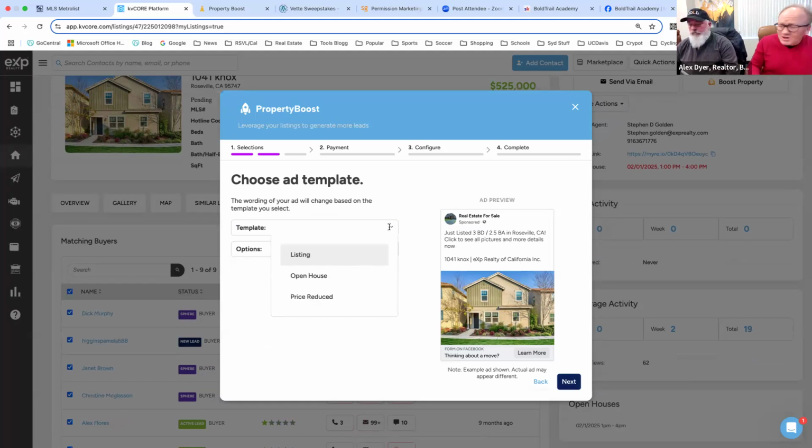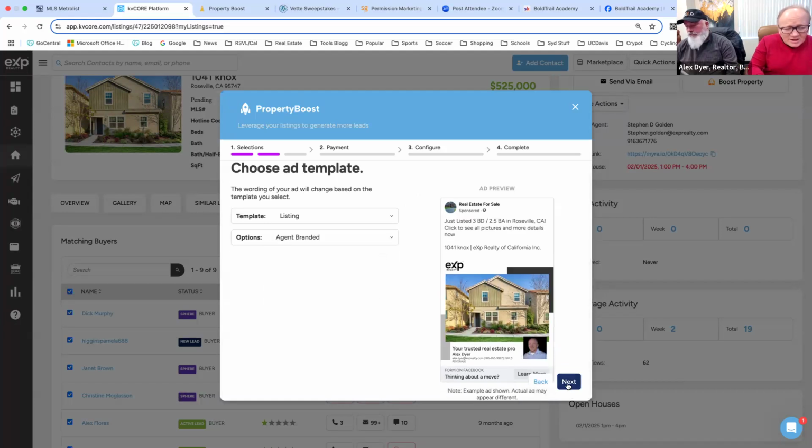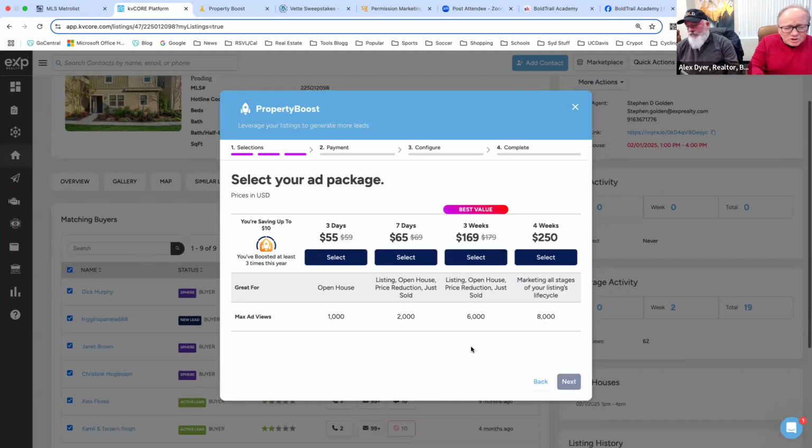So if you're going to do an open house, anyone that has an open house coming up and you want to do a boost for it, if it's going to be an open house on the weekend, I would probably boost it in the beginning of the week. That way you gain traction on it. But you can do open house and price reduction. We're just going to stick with listing. We're going to brand. It puts my branding in here. And then I can go next. And then you could choose